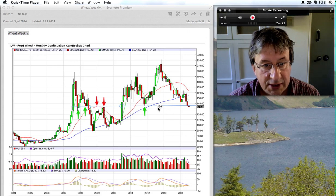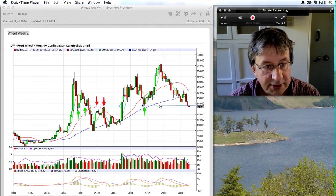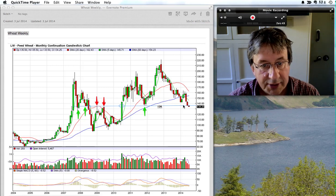This is 136. You can see here it held in 2007. It was broken in 2008. It held as resistance in 2009. It got broken in 2010, it held as support in 2011, and here we are today. We just dropped below it. I closed last night